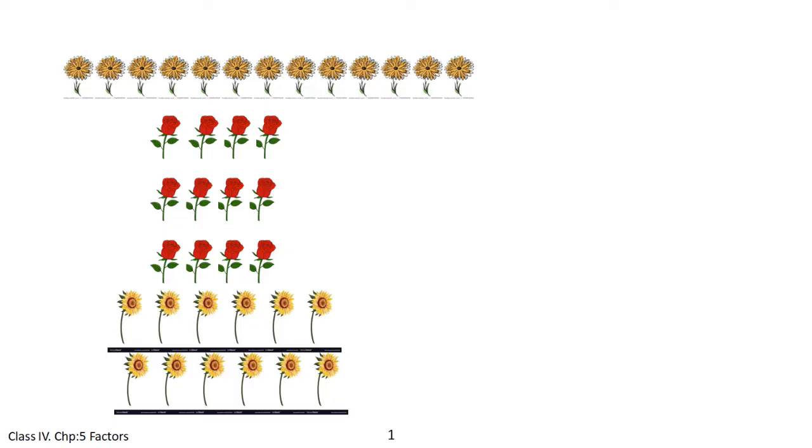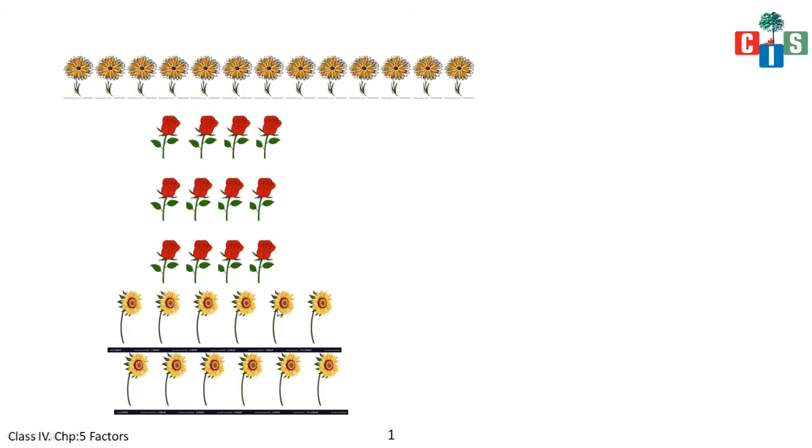Yes? Scholars, this is my garden, wherein I have planted some flowers. Can you see that? Yes, I have divided the garden into different flower beds. There are 12 marigolds in the first flower bed, 12 roses in the second flower bed, and 12 sunflowers in the third one. Can you tell me what's the difference between all of them?